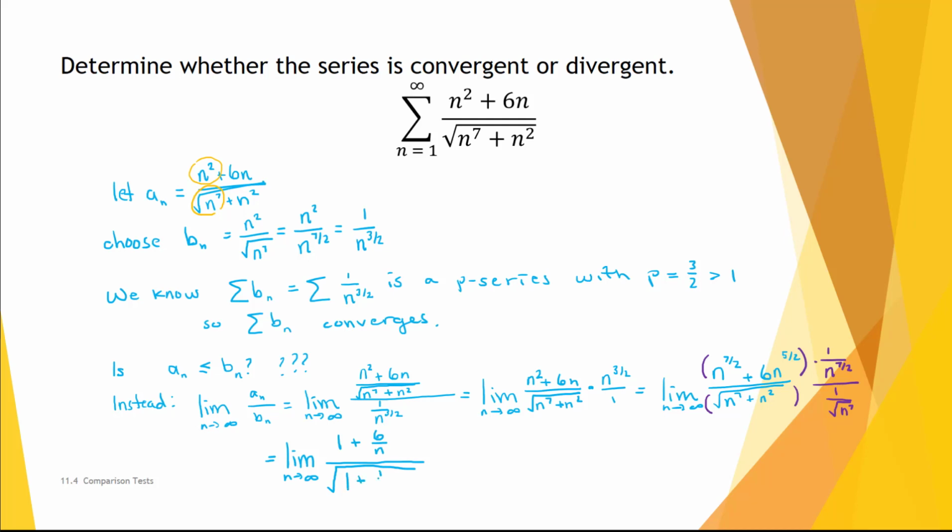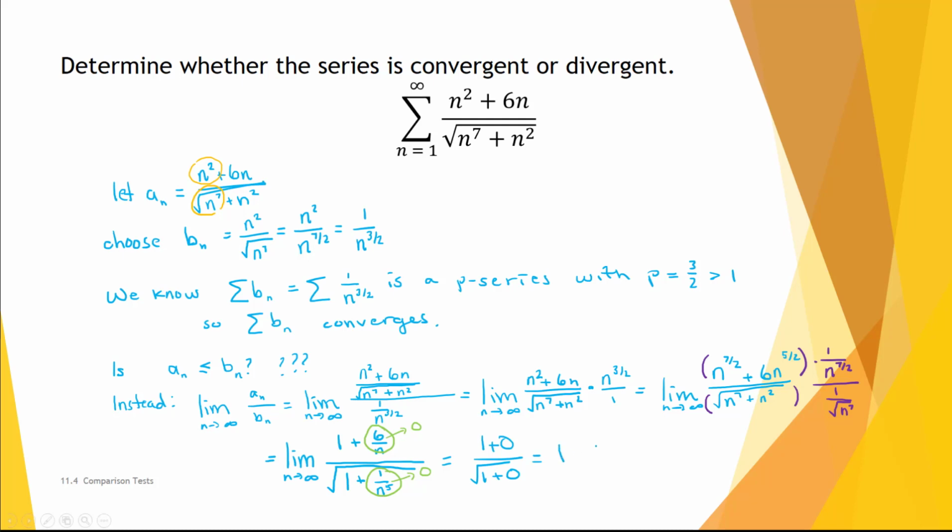We have 1 plus 1 over n to the 5th. As n approaches infinity, we know that 6 over n approaches 0 and 1 over n to the 5th approaches 0. So our limit overall is 1 plus 0 divided by the square root of 1 plus 0,